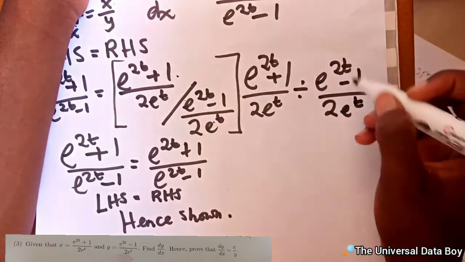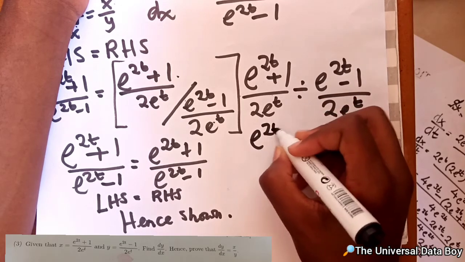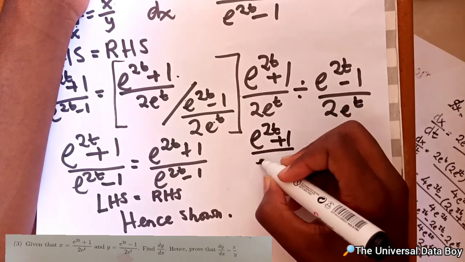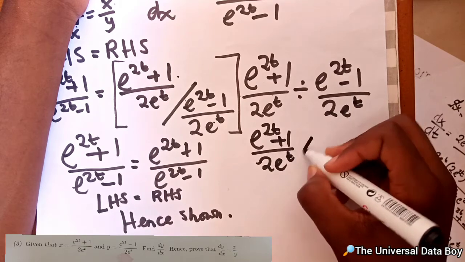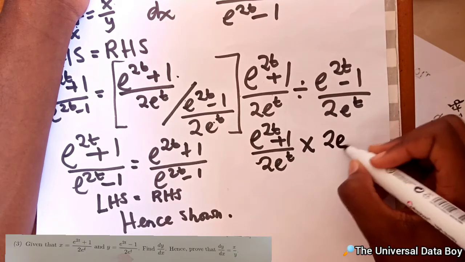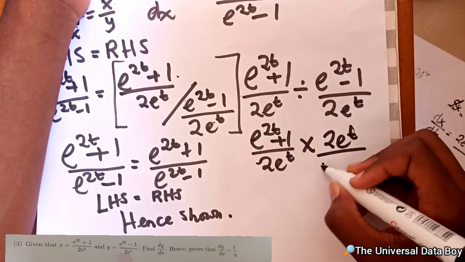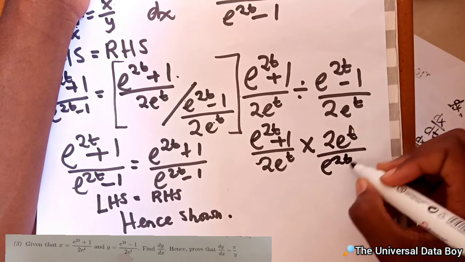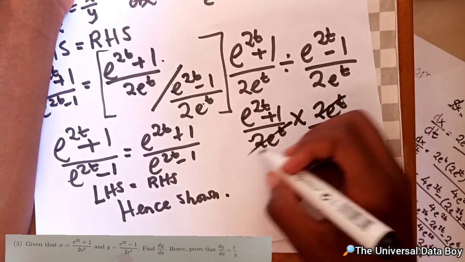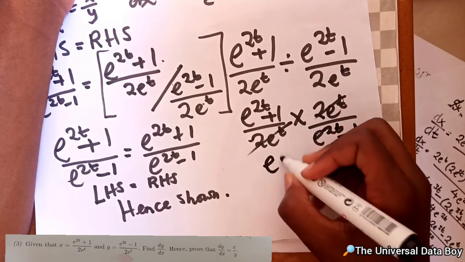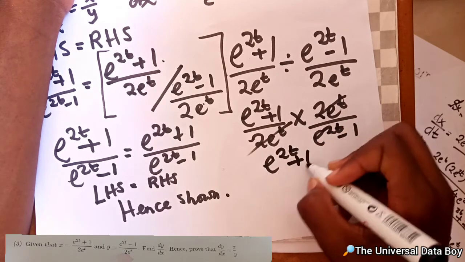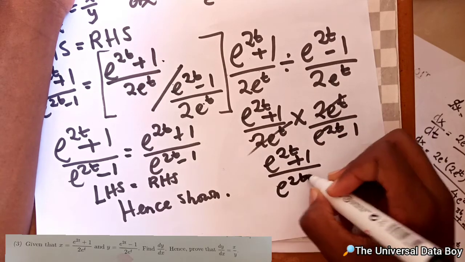This is being divided by this one. We can say e to the power 2t plus 1 over 2e to the t. Then now we're going to put your times 2e to the power t divided by e to the power 2t minus 1. So this is going to cancel out. This one we're going to have e to the power 2t plus 1 over e to the power 2t minus 1,